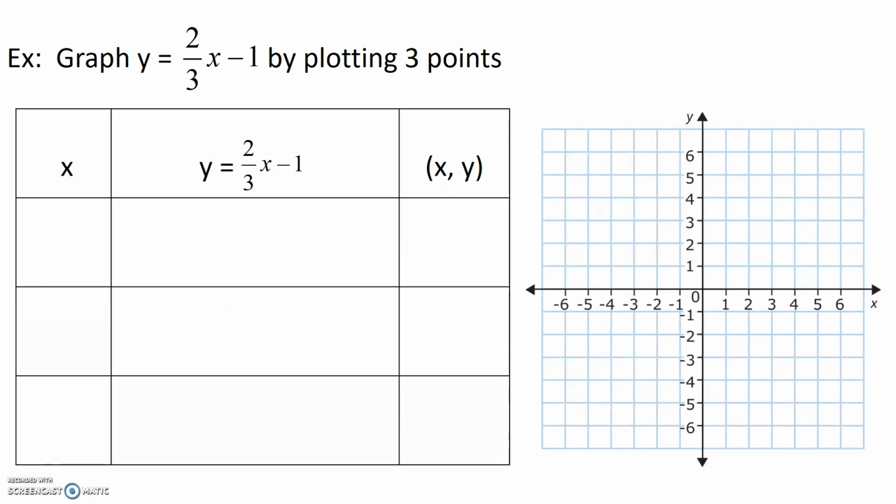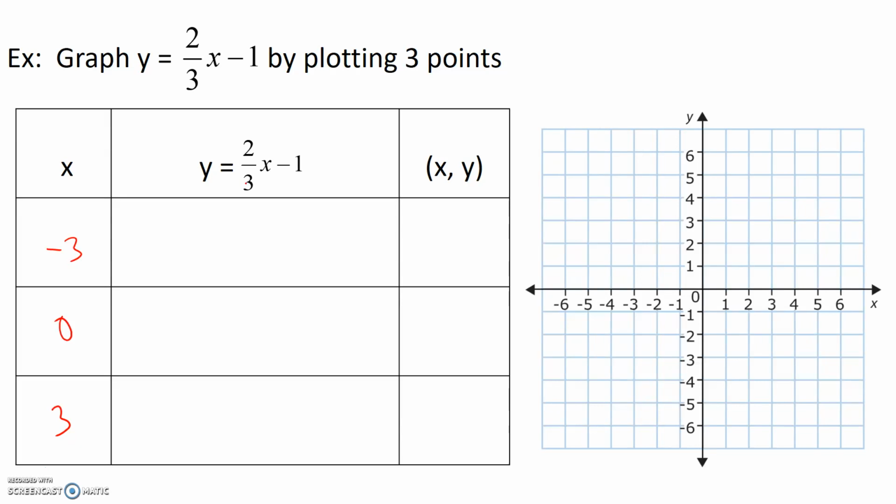Next, let's graph y equals 2/3 x minus 1 by plotting 3 points. Now, we could pick negative 1, 0, and 1 as we did before, but if we pick x equals 1, we will get 2/3 times 1, and we will have to deal with fractions. So to avoid that, let's pick values of x that will clear the fraction, that'll cancel the denominator. So if we pick negative 3, 0, and 3, then these x values will